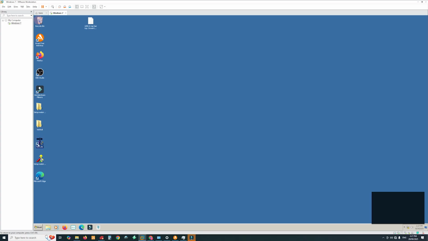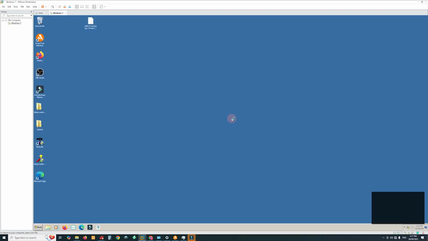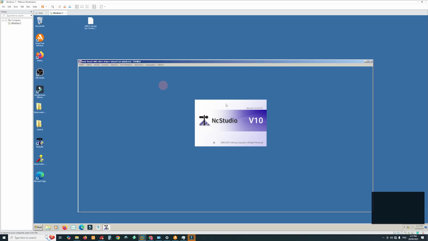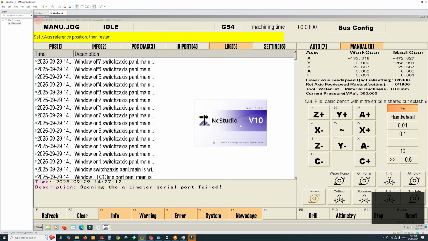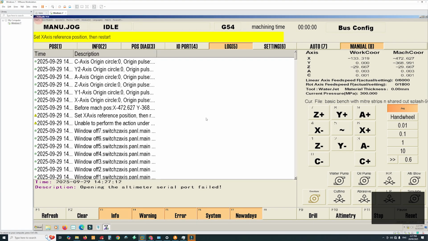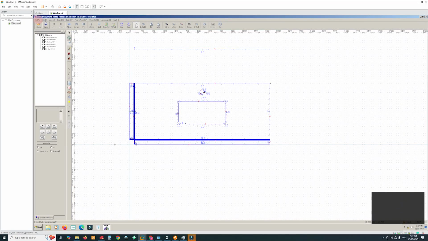So now we're starting to see Studio again, if it's not already running. On my machine, I'll have to ignore the warnings because I don't have the water jet connected. The errors that are going to pop up, like that one, ignore. So we're going to hover over here, go to the drawing screen, got a new file,